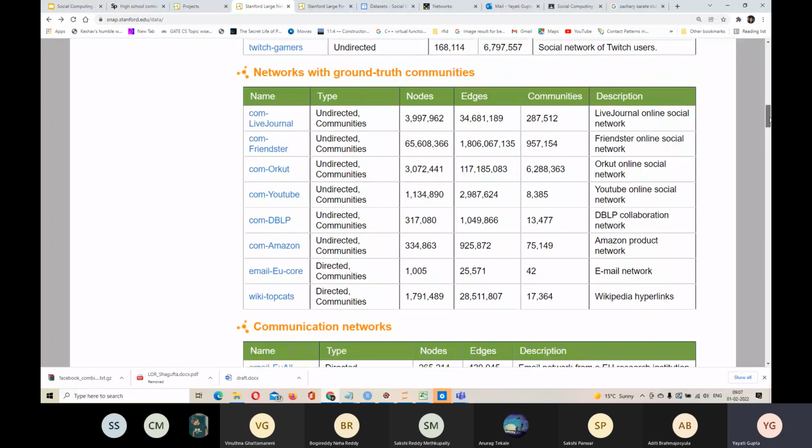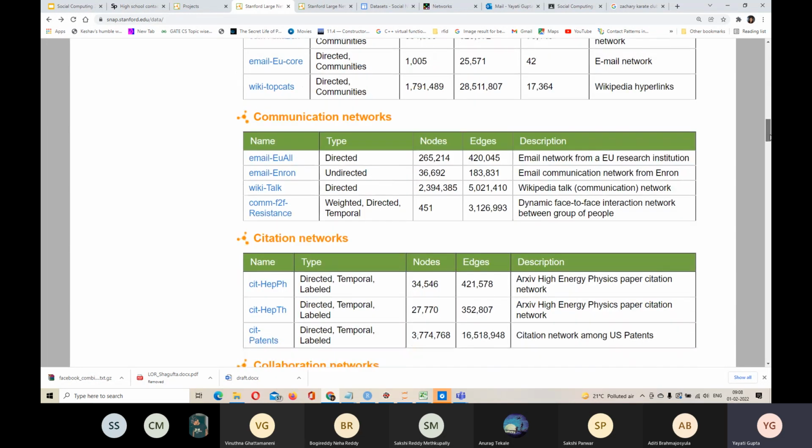So communities are mostly like, let's say I'm studying the friendship network of an institute. The institute has different departments, and let's say my data set doesn't have any information regarding the departments, but even then you can see that there will be groups of closely linked people, because computer science people will be mostly friends with computer science, so there will be a dense part in that network. Those are called communities, people who are densely connected to each other. So these graphs have some of the information regarding the actual communities also.